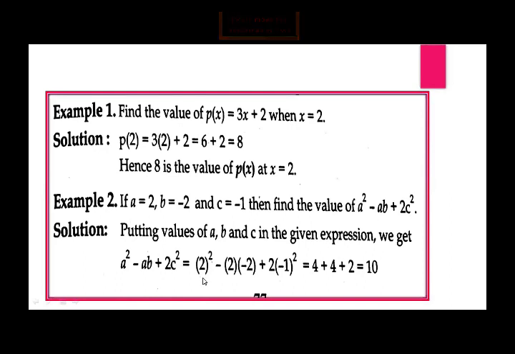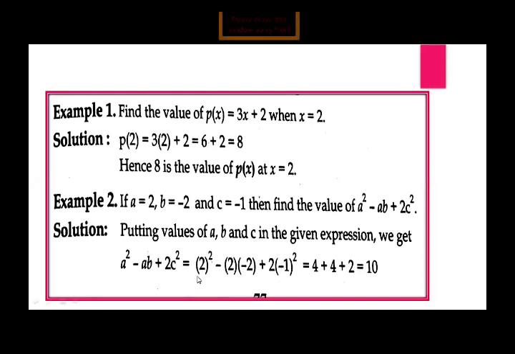We draw a bracket for each variable, and within the first bracket, that is for a, the value of a is 2. So we put here 2. Then minus, that is the place for a into b. So we write 2 and a bracket in multiplication form, and we observe the value of a is 2 and the value of b is minus 2. So we write properly their values. Then plus 2c square. So we write 2 into c square, c is replaced by the bracket, and within the bracket we write the value of c, that is minus 1. So we write it properly.